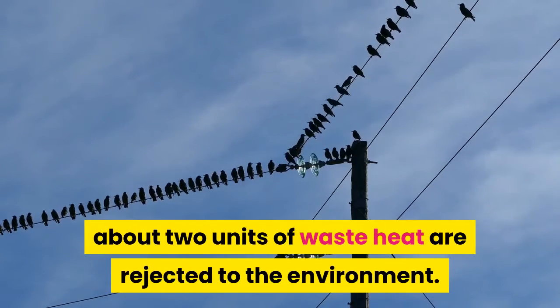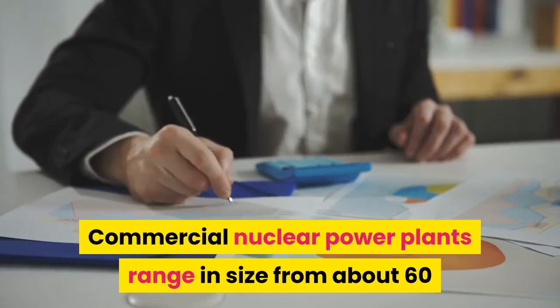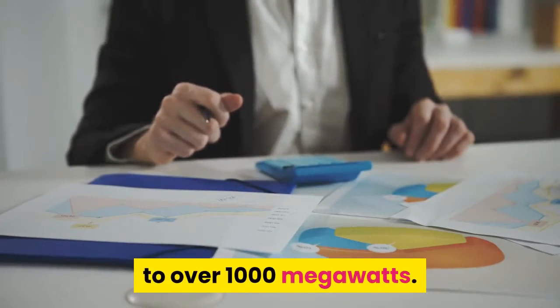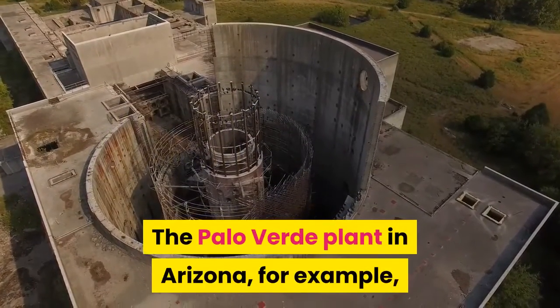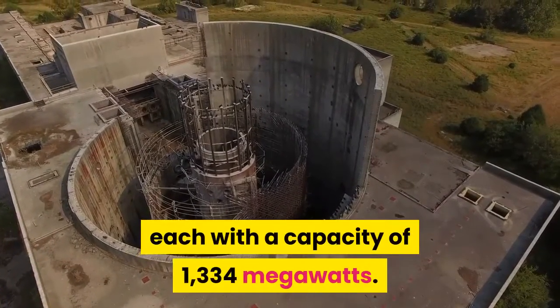the environment. Commercial nuclear power plants range in size from about 60 megawatts for the first generation of plants in the early 1960s, to over 1,000 megawatts. Many plants contain more than one reactor. The Palo Verde plant in Arizona, for example, is made up of 3 separate reactors, each with a capacity of